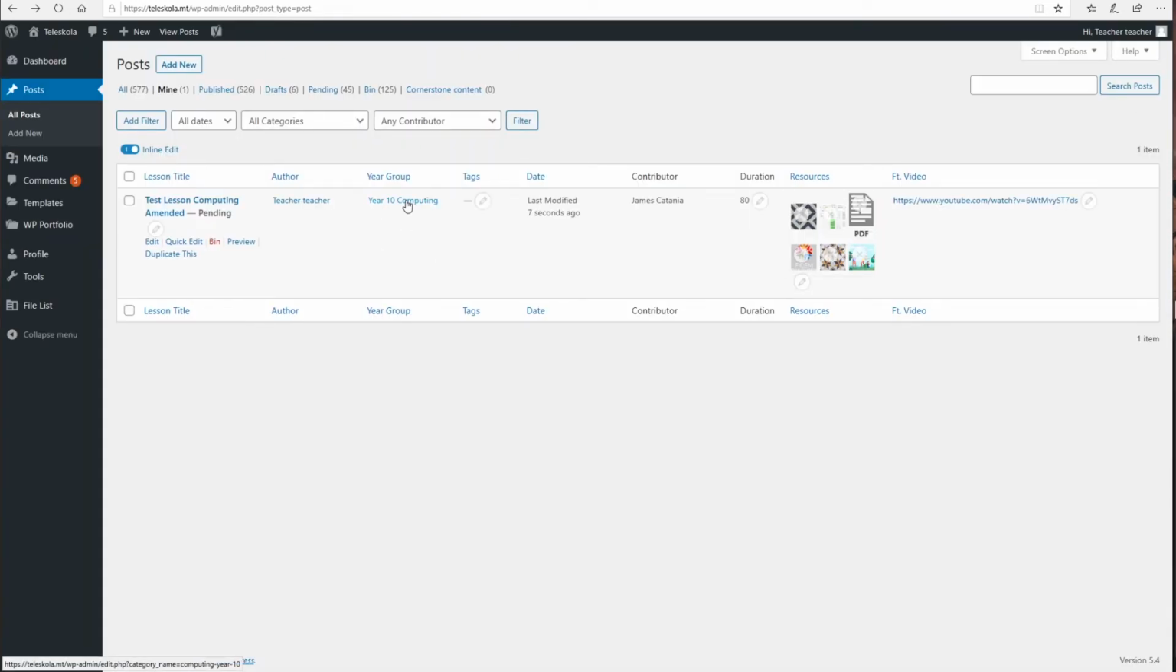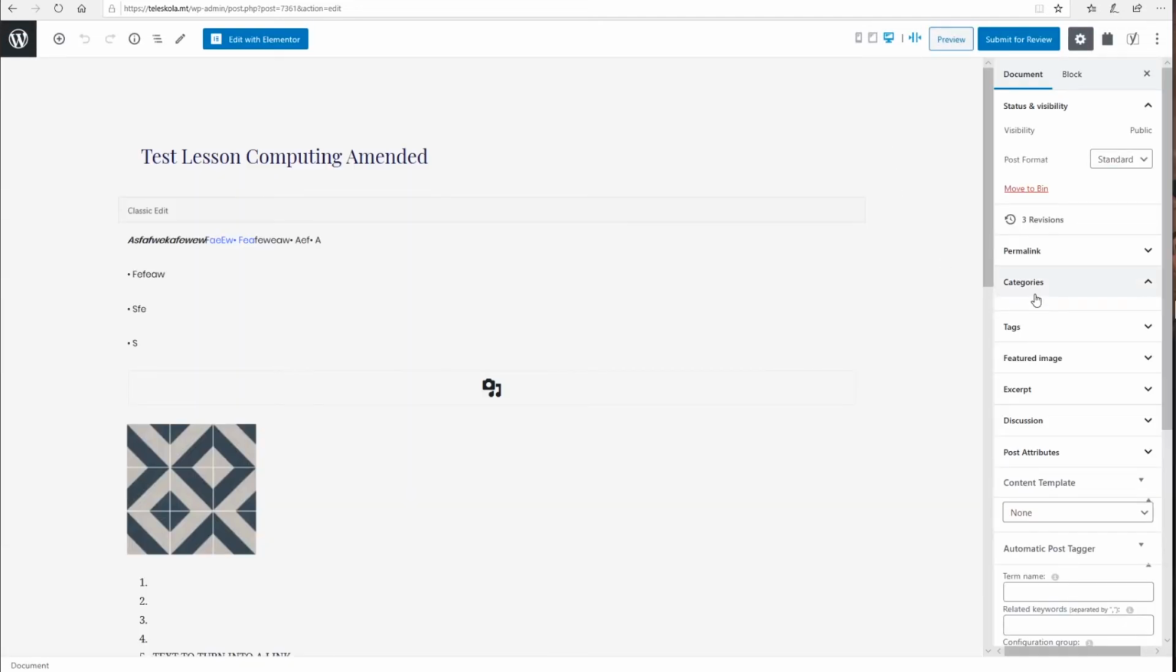as year 10 computing. Now, if you remember, as I said in the last video, I told you that a lesson can be attached, so it will be shown on more than one year group or subject. This is good for cross-curricular subjects or general information subjects which need to be shown throughout different subjects. All I need to do is go to edit again, and where I change the category now, instead of just choosing year 10 computing,